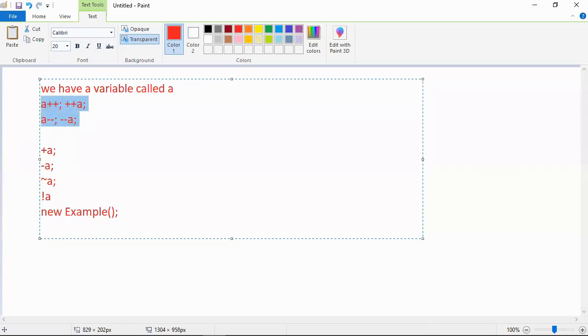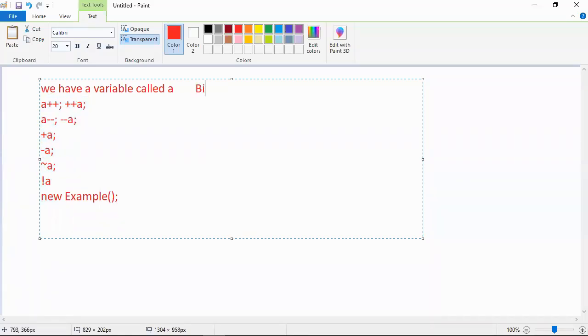Increment operator, decrement operator, plus, minus, and next tilde, which is called the bitwise complement operator. We generally call tilde by that name, and we call the exclamation mark not. Right. So totally how many are there? With the new operator: 1, 2, 3, 4, 5, 6, 7.